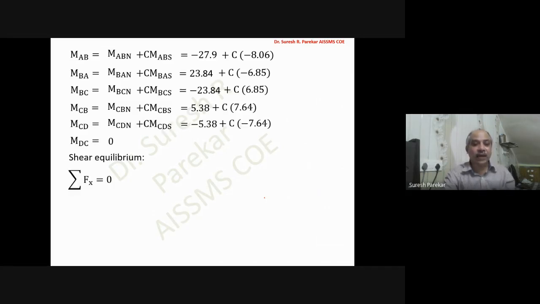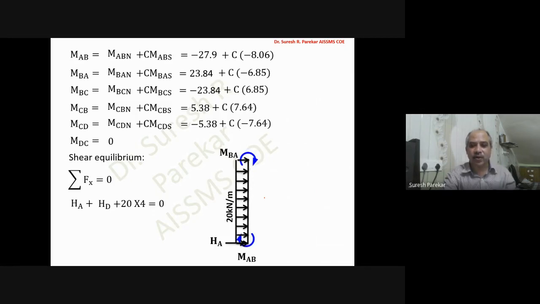DC is 0. So now I will go to shear equilibrium. I need not explain the shear equilibrium to you again. We are in the same fashion. So we have these values. So again, we will write the equations. Always for final moments we have to consider MAB, MBA, and then we have these values. So do not confuse: for sway, we have to go with positive sway, and the moment we are considering anti-clockwise.